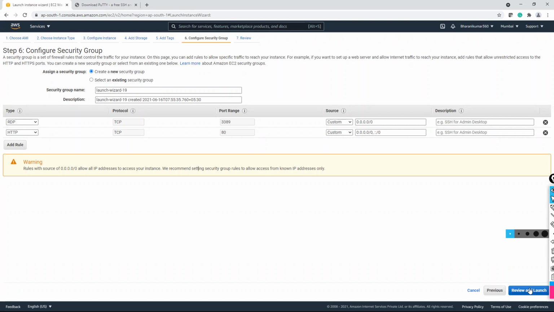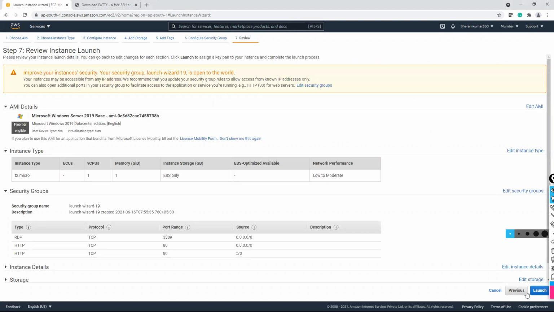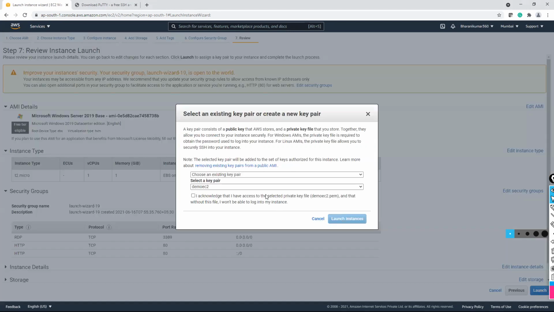And next, review and launch. You can relate everything with your previous instance, right? The only thing is you cannot keep your Windows instances in stop state. You have to terminate it after use. Add the HTTP rule, and review and launch. You can use the same key pair.